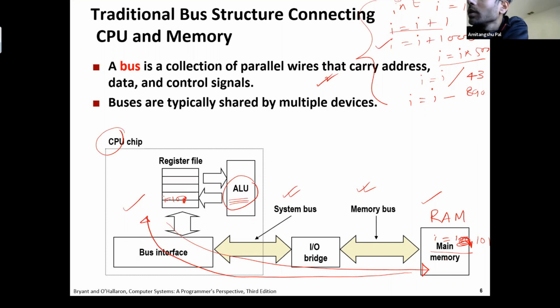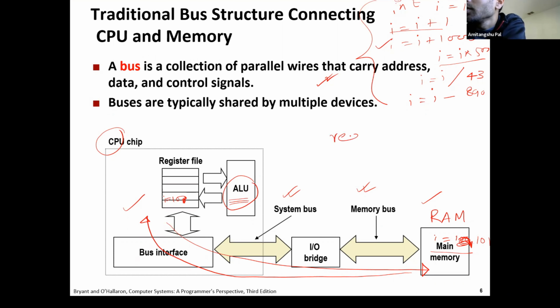So all these operations take some overhead, right? So there is some latency involved. Clear?